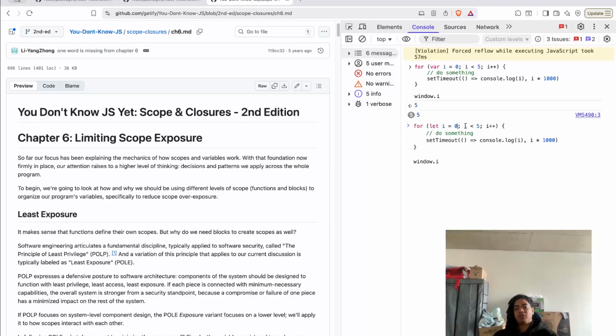So in the first iteration it will be 0. You are now scheduling this task to the callback queue with this reference 0 at that moment, and in the next iterations,